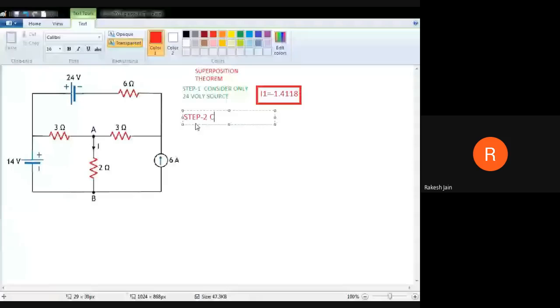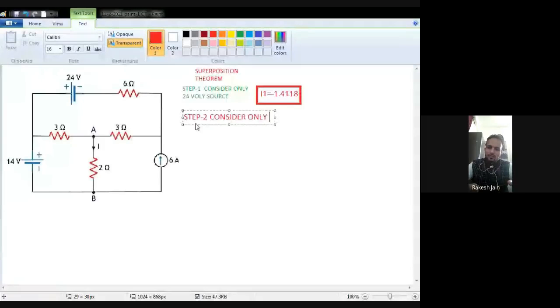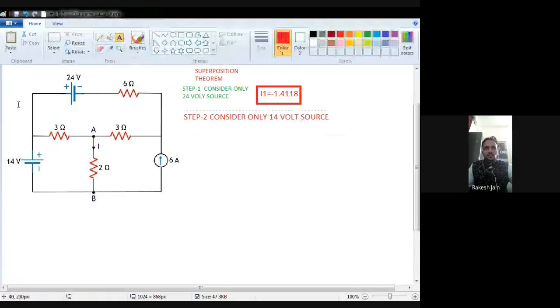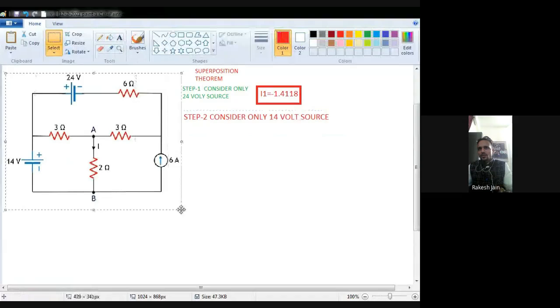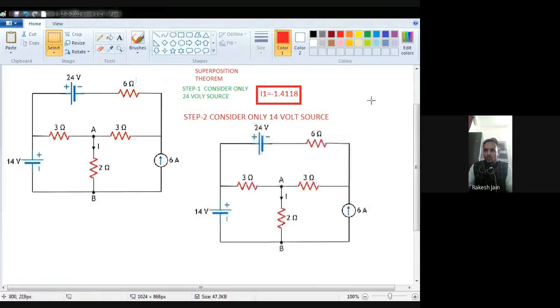So I have to find out I1. Put this value of I2 in equation number 1, so that you will find out the value of I1, which is my answer of step number 1. So I just do it here. See, 5I1 minus 3I2. So minus 3 and I2 is minus 2.353, and that is equal to 0.